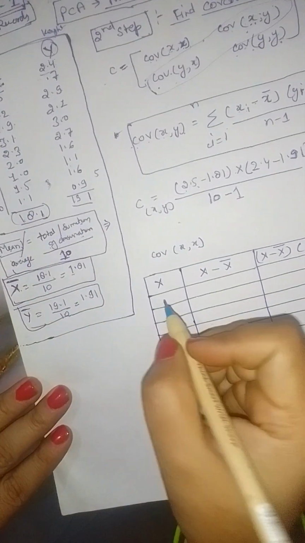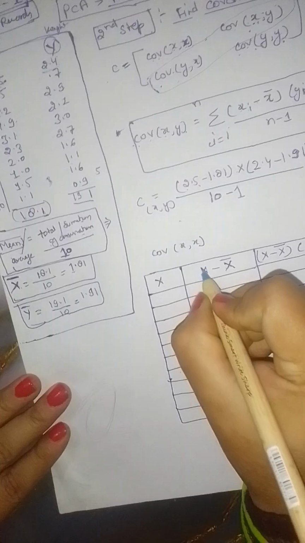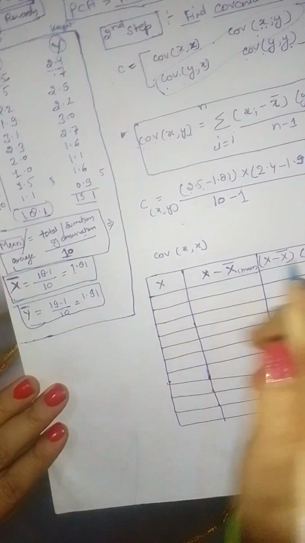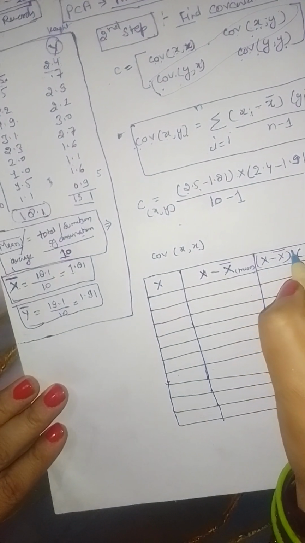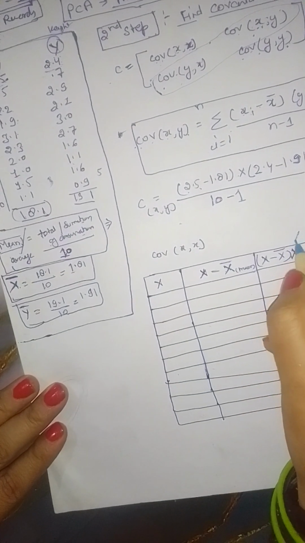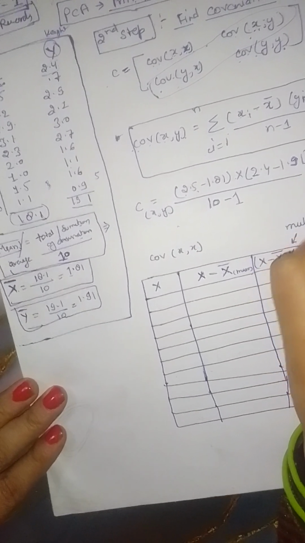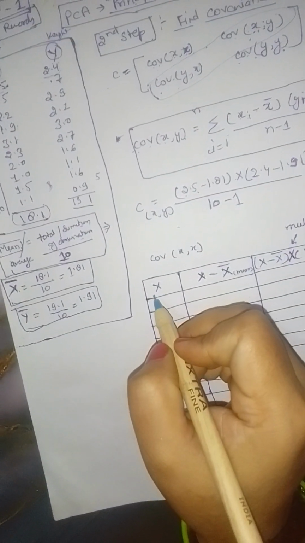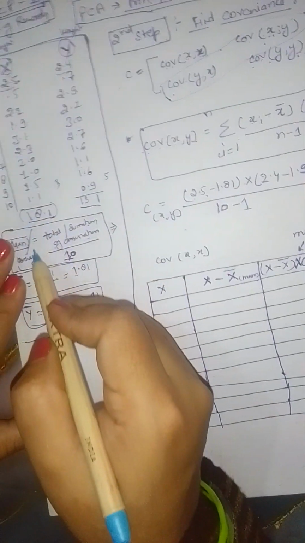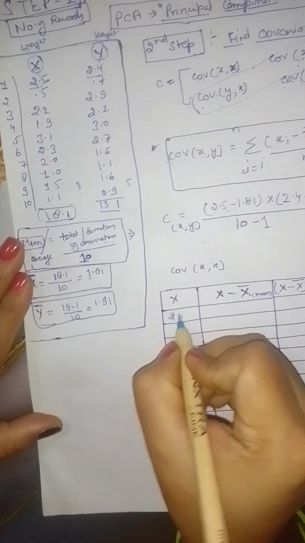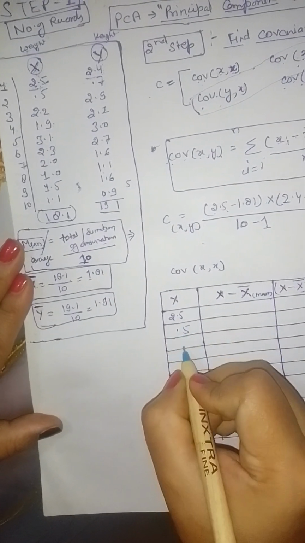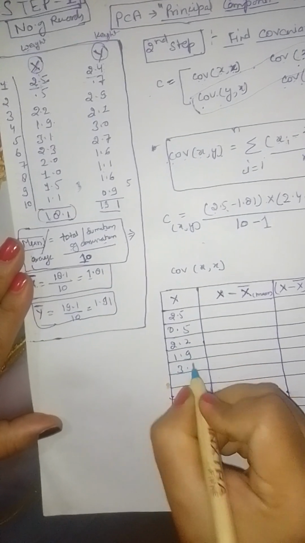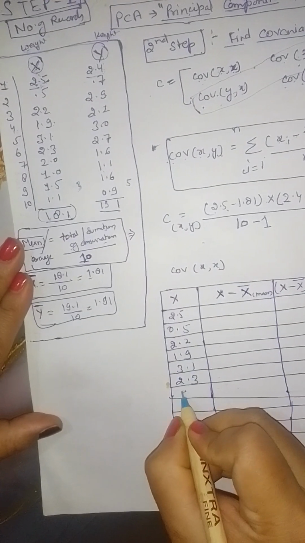Ten records are there and I have written x minus x bar. X bar means the mean we have calculated here, and the same way here is the product, the multiplication. So what is x? We will take the whole number of records as it is here so that you don't get confused: 2.5, 0.5, 2.2, 1.9, 3.1, 2.3, 2.0,